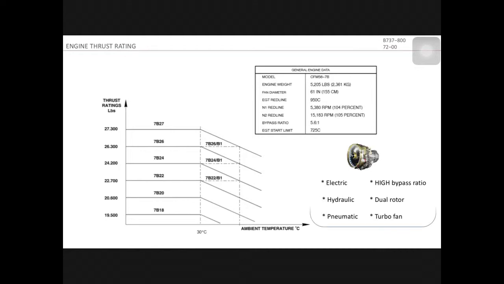On the flip side, we have general engine data: model of the engine, weight, fan diameter, engine redline, M1 redline, N2 redline, bypass ratio, EGT start limits, and overall